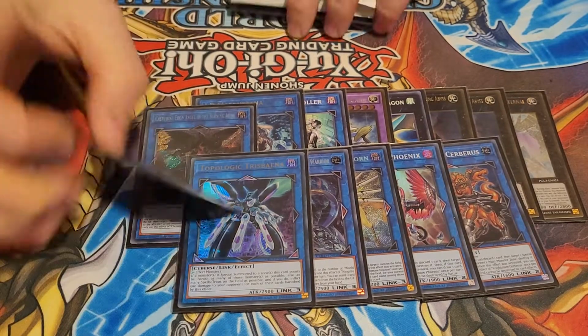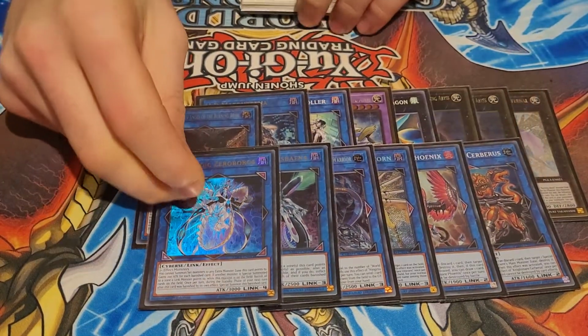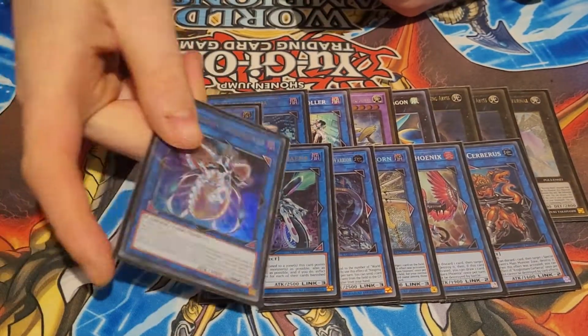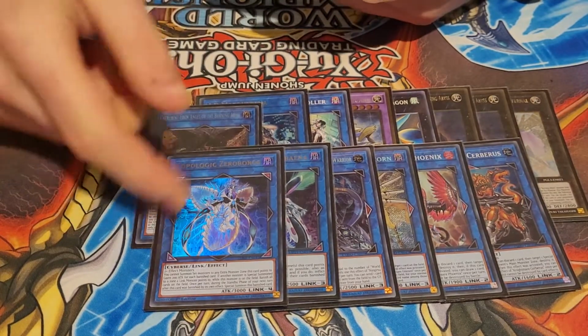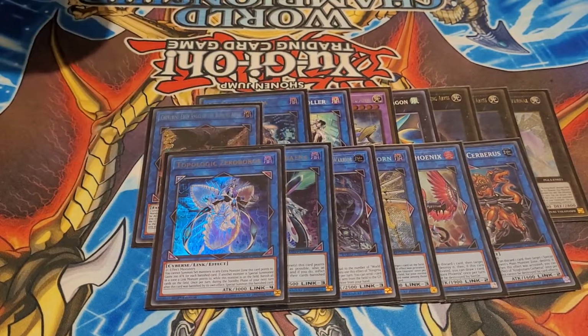Same for this. This actually outs Nibiru, not Nibiru, Dragoon. But you have to fly through so many hoops to get to this to be able to make Dragoon, be able to get rid of Dragoon. So it's good. It's an out to annoying cards, and it kind of resets the game,